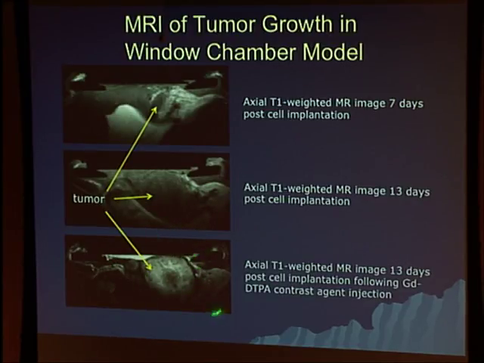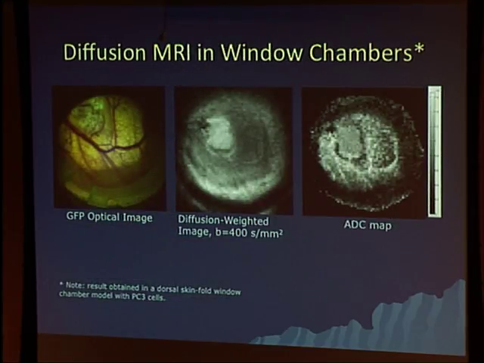So this is a way of looking at how a tumor will grow over time, and then being able to optically look at the very high-resolution molecular events that are occurring, at least in a limited portion of the tissue near the surface. Another thing that you can do with MR, it has all these fantastic capabilities to be able to look at physiology and make important kinds of measurements that are useful for diagnosis.